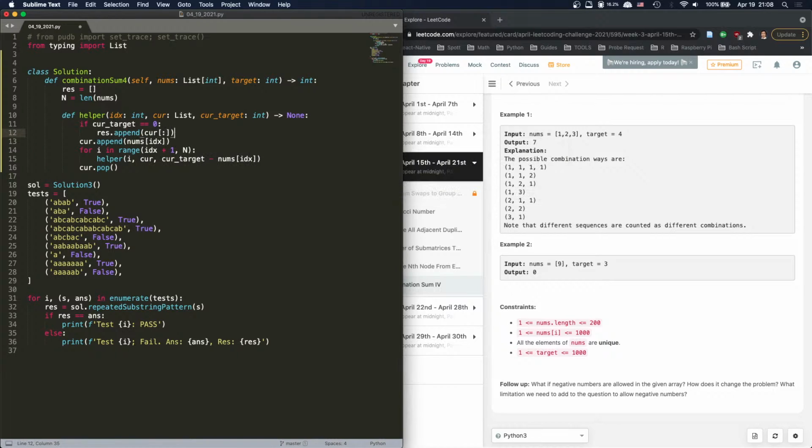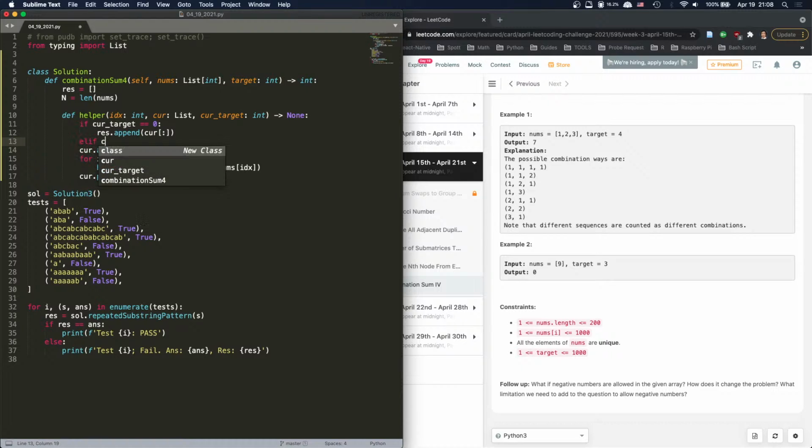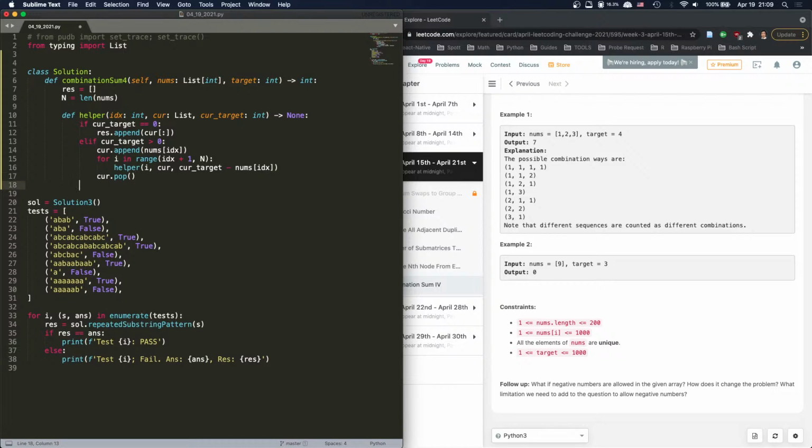And elif current target is larger than 0, then we do this. If it's smaller than 0, then we don't care, right? We don't care. And we're gonna say here,